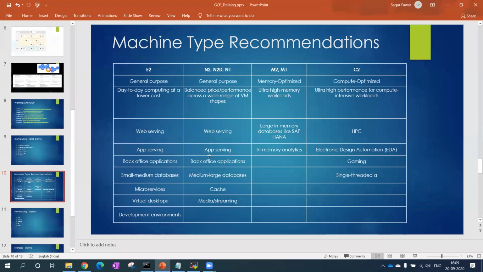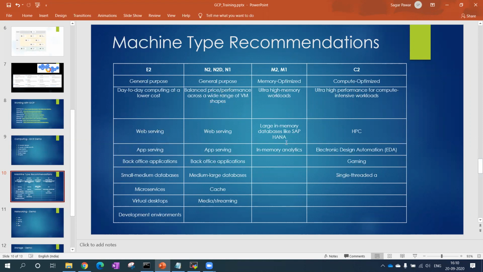If you see this table, in GCP there are not that many instance types as of today. If I take an example here, E2, N2 and N1 are more of what they call general purpose. M2, M1, with the initial letter you can understand, are memory optimized, and C2 is compute optimized. So if my plan is to launch a web server, they have mentioned that if you are launching a web server, application server, or any kind of back office operation, then definitely go with E2. Or if you want a higher version, you can go for N2 or N1, depending upon your requirement.